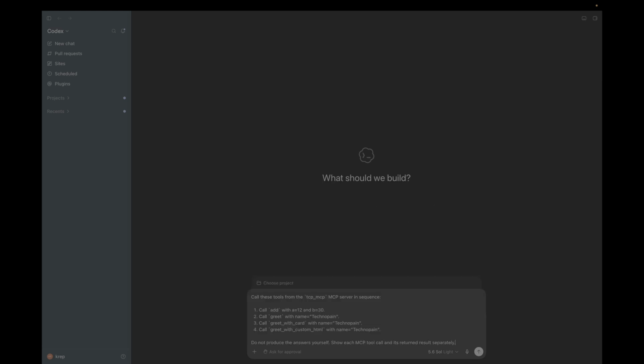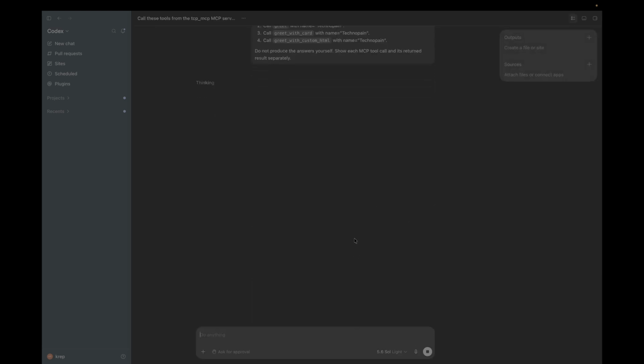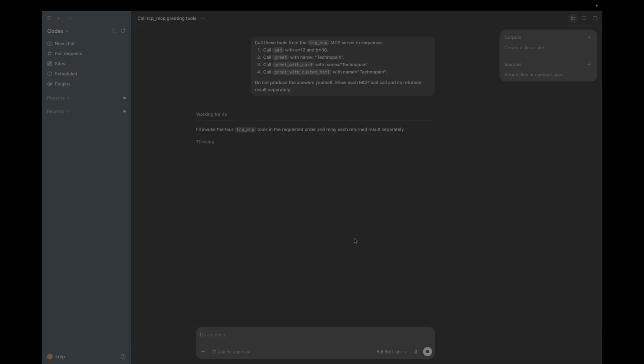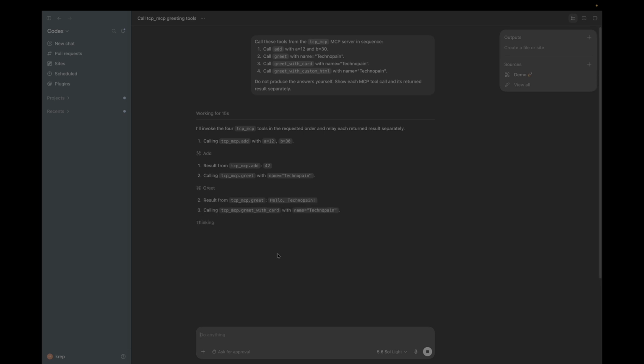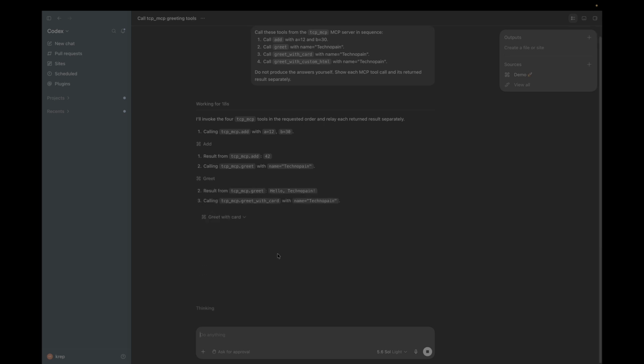Alright, I can just paste this command and hit enter. So I am just invoking all of them together, and now it will invoke my MCP. Again, if you're doing it for the first time, it will ask for permissions. Just grant it, and then it will be able to call and invoke these MCPs. So here, if you see,